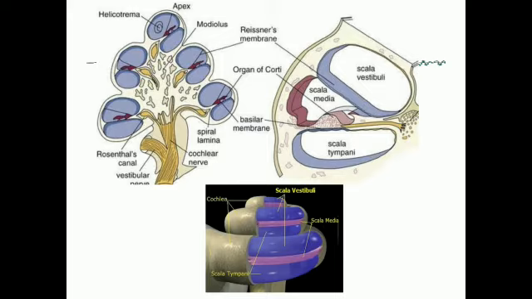If you see the membranous cochlea, what are the boundaries? Above you have the Reisner's membrane, below you have the basilar membrane, and laterally you have the stria vascularis. Stria vascularis is nothing but the rich vascular network which secretes endolymph, fluid rich in potassium. And the basilar membrane contains the organ of Corti, which is here. So it is the organ of Corti located on the basilar membrane in the scala media, which is the principal sense organ of hearing.